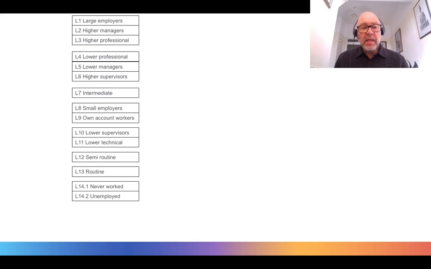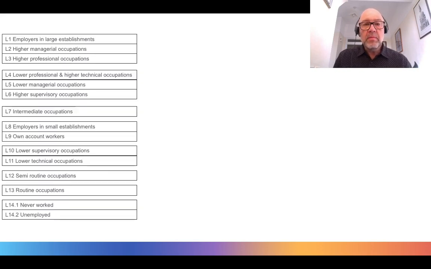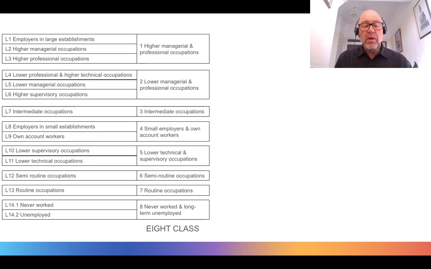Now the NSSEC is a nested schema, so here we have 14 operational categories, and they cluster in different ways into different numbers of classes. So there is the 8 class version, which clusters in this way. This is the one that's been adopted by the Office for National Statistics as the official NSSEC,